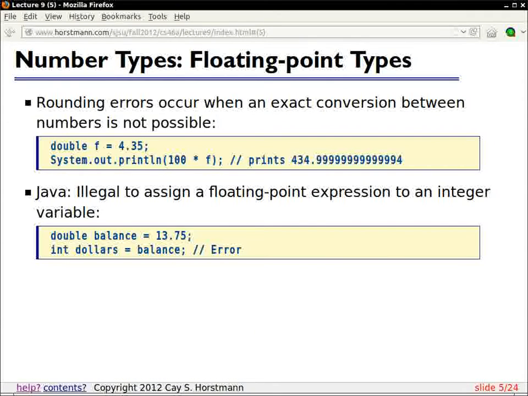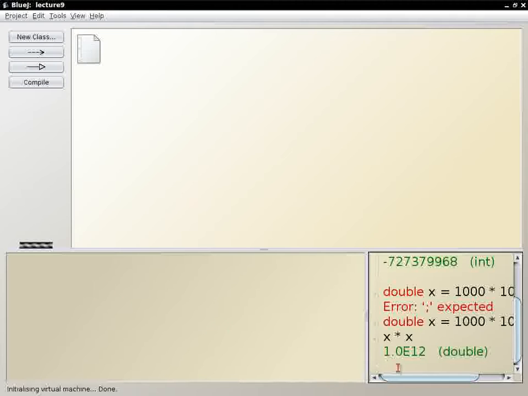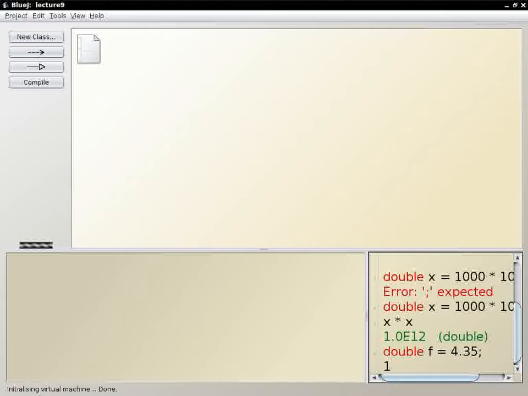Now, on the other hand, with floating point numbers, with doubles, you get other issues that are also somewhat unpleasant. So, for example, here, I'll set double f equals, what is it, 4.35. And now let's look at 100 times f.